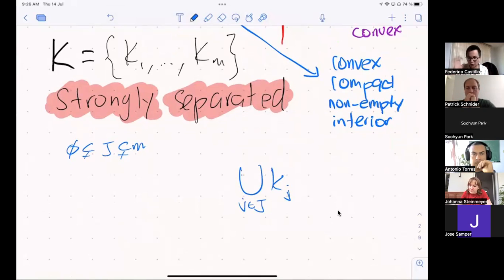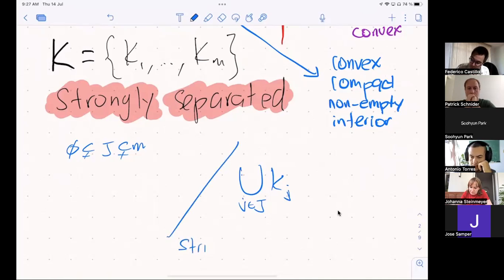I could take the convex hull, but just as a set, we should be able to separate it with a hyperplane. I'm going to ask for a strict separation from the other bodies,